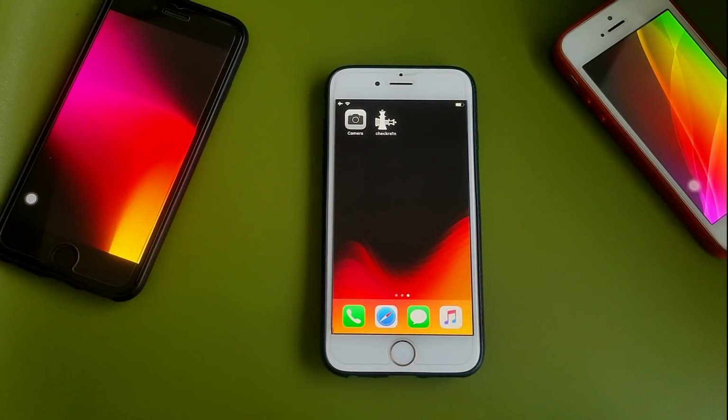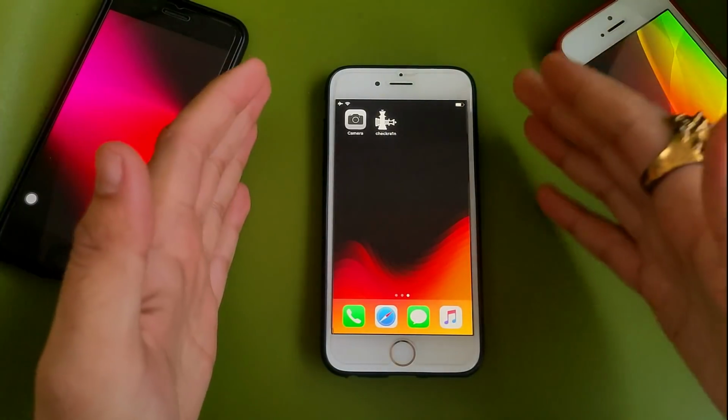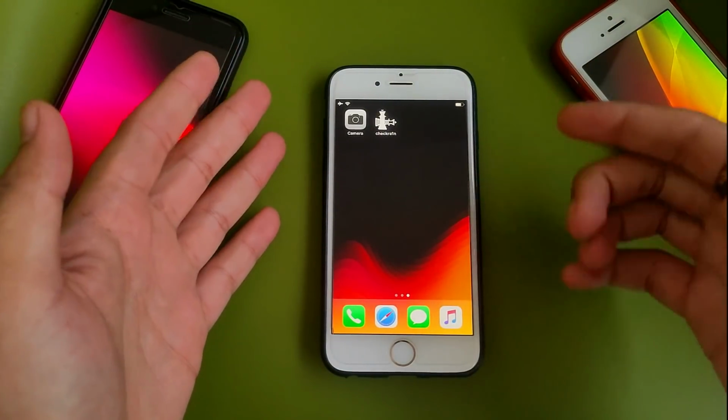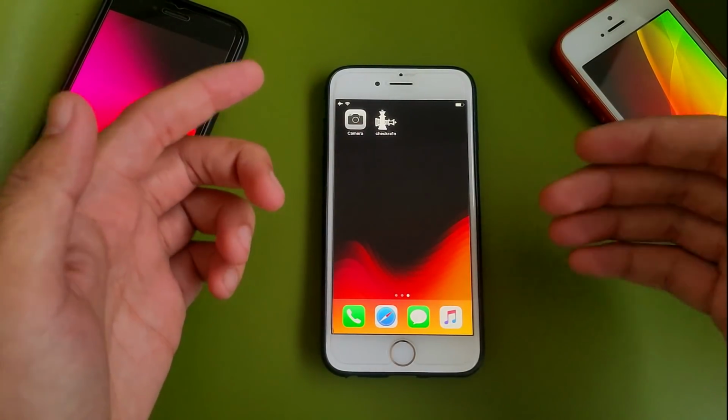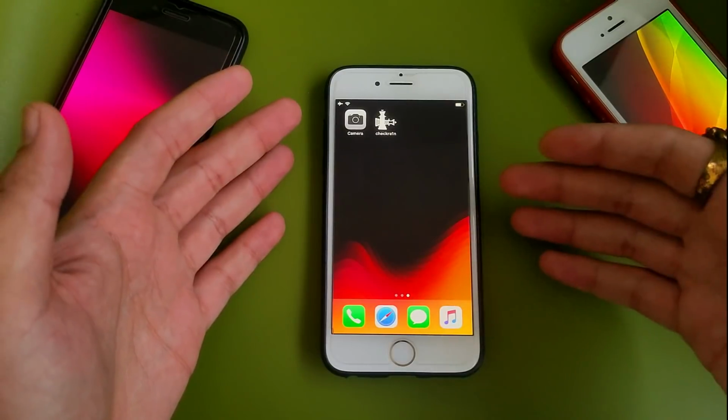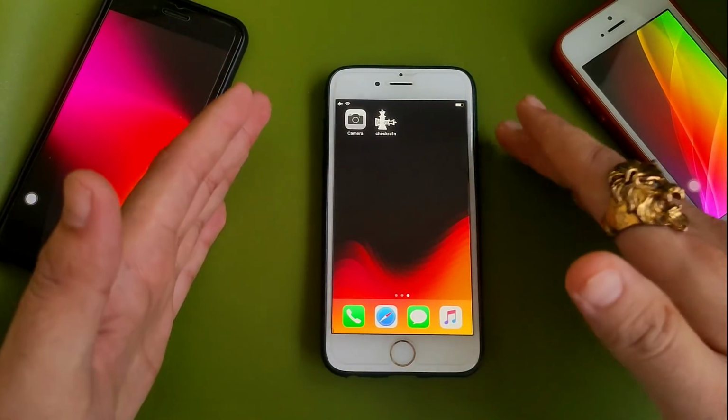Now let's continue today's topic. Today I will show you how you can jailbreak iOS 14 on A10 and A11 supported devices on a Windows machine using a Linux distribution. In my last video I showed you how to jailbreak with the patched Jackrain version using the macOS method.